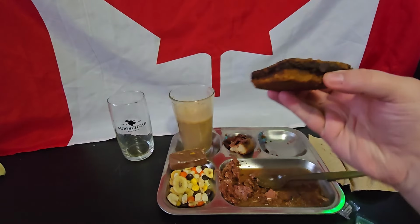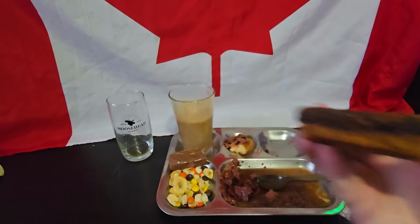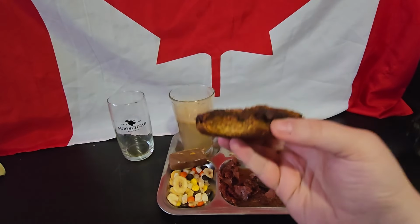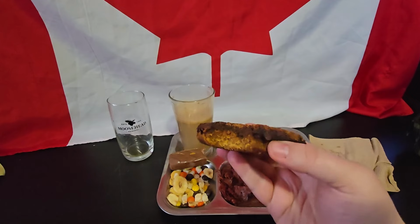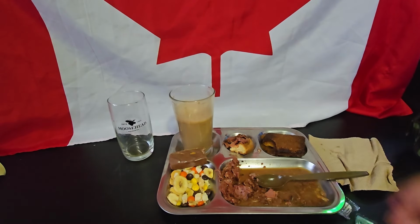All right, and with our slightly warmed up date square, really good. It's a bit dry, but it's a date square. It's sweet. Taste the molasses, brown sugar in there. The date taste, honestly, it's not super noticeable. The biggest thing with it was very, very thirst-provoking. My first bite just sucked all the moisture out of my mouth. I've